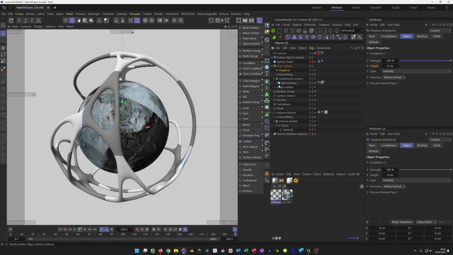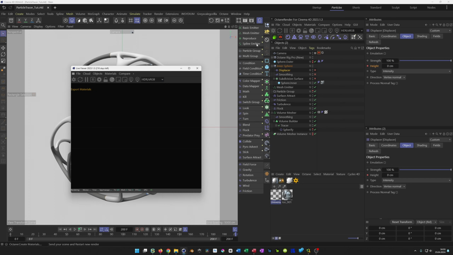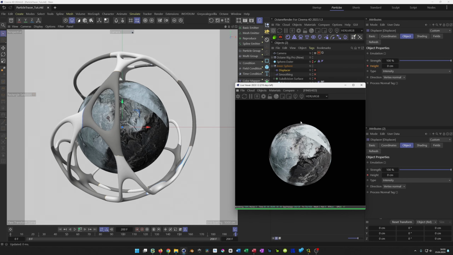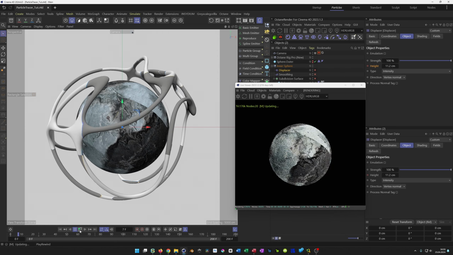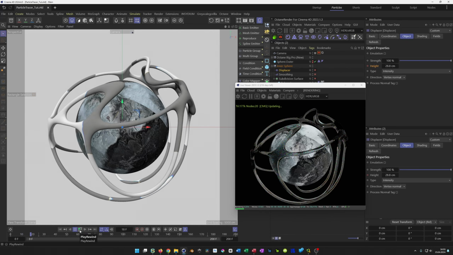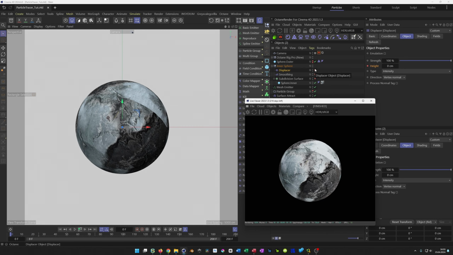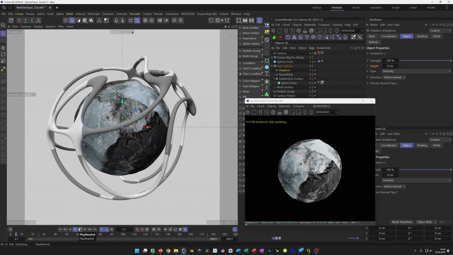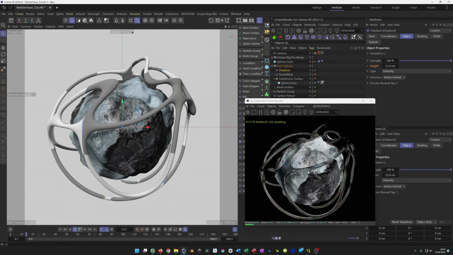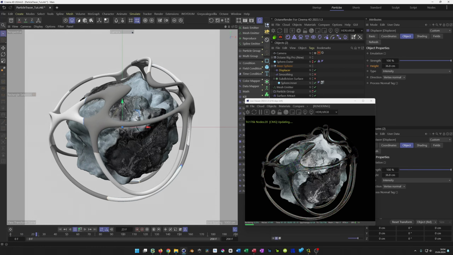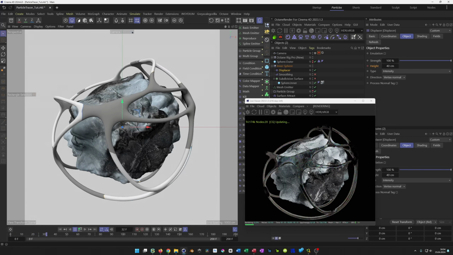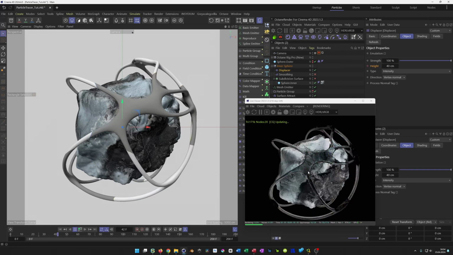Save, and if we play it, now I have the displacer disabled, so we won't see any. But let's see that they fade in. You see that it fades in, and of course the displacer works as well. So when we put the displacer on, it fades in as well. Yep,